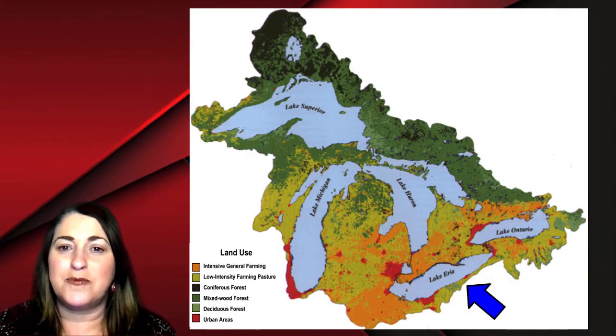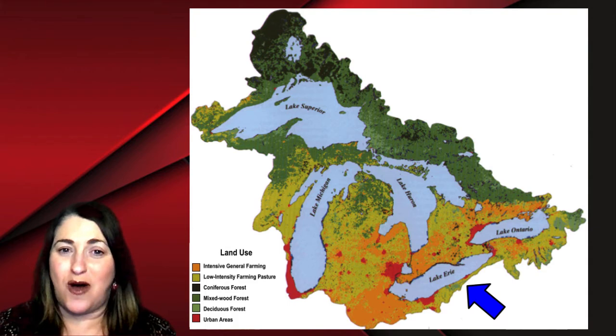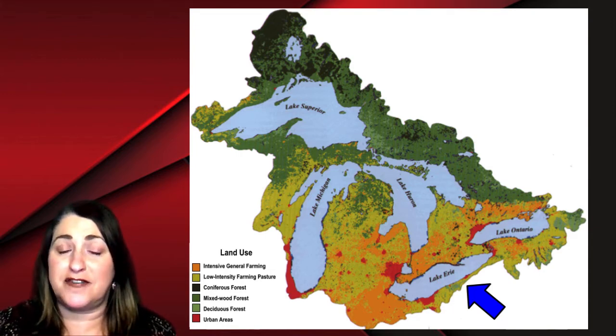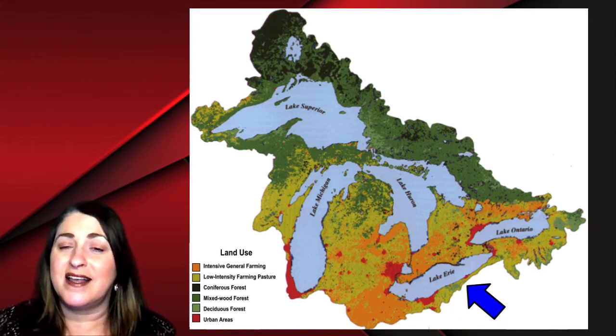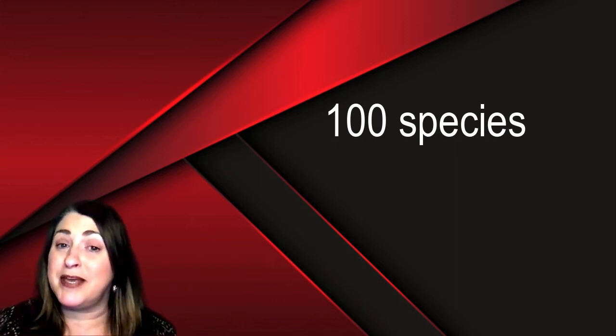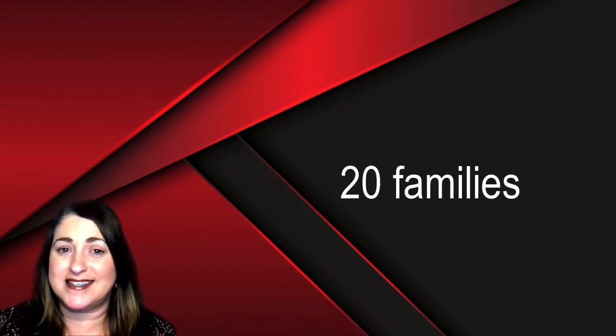Lake Erie is home to one of the world's largest freshwater commercial fisheries. Its fish populations are the most abundant of all the Great Lakes. In a normal year, more fish are harvested for human consumption from Lake Erie than any other of the four Great Lakes combined. There are more than 100 different species of fish that live in Lake Erie that can be grouped into more than 20 families.